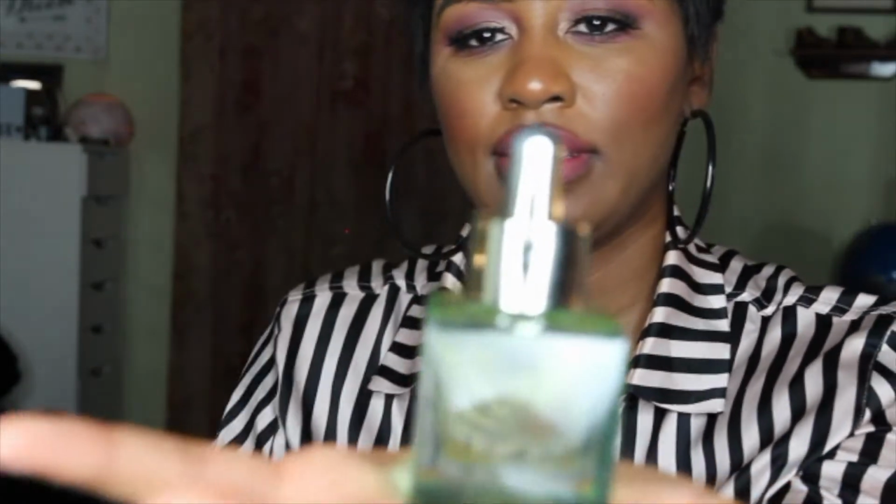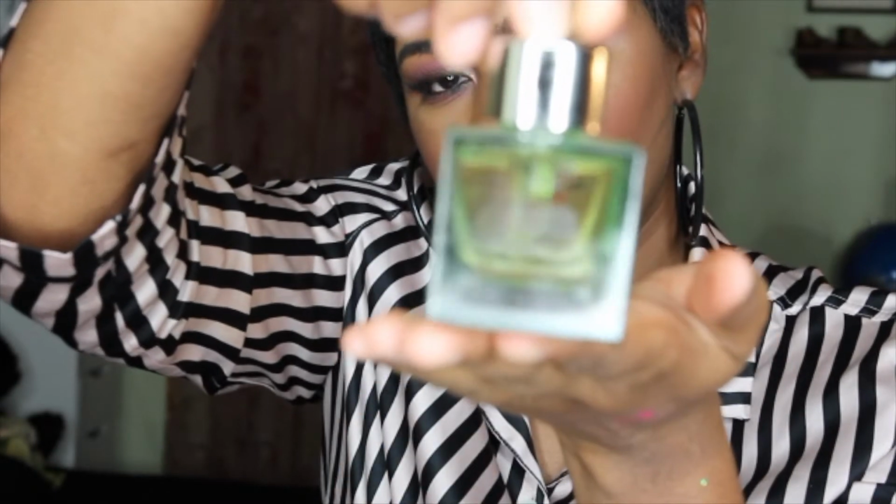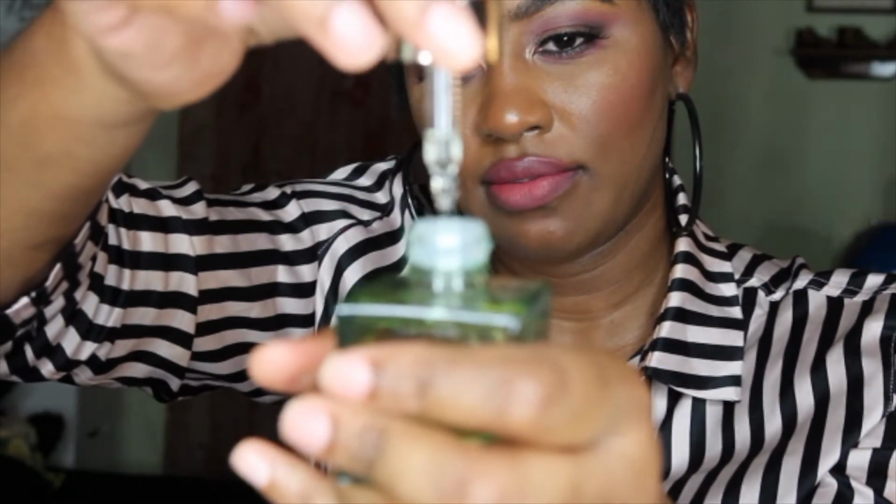I absolutely love the packaging of this. If you guys can see it, really pretty. It has the dropper on it. This smells amazing. How I like to use this is to add this to my body butters, and it just smells really good. I'm so glad that I picked this up this year. I've been loving this. Another perfume by Nest that I've been loving has been the Nest Sun-Kissed Hibiscus, and I